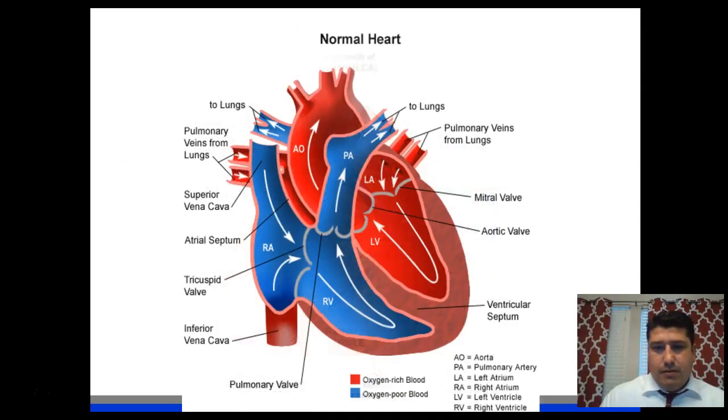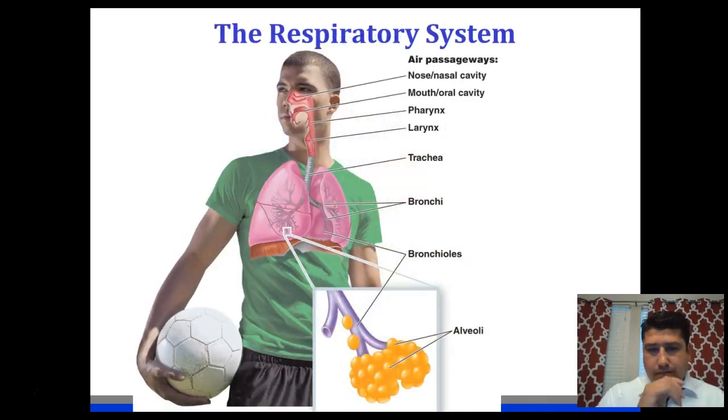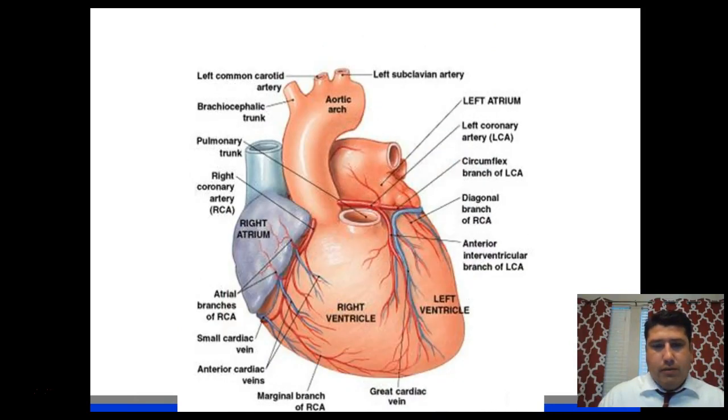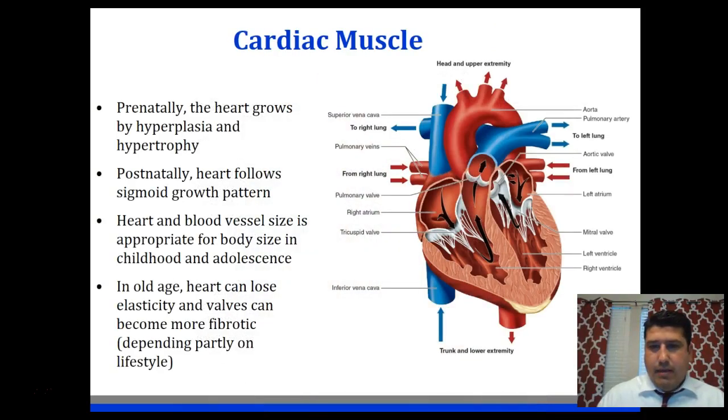So here are some pictures and some slides on the cardiovascular system. Really, what I want you to know, and I'm sure you've learned from other classes, but just to reiterate, all of the blood in the body, once the oxygen is stripped from the blood and carbon dioxide is delivered to the blood, we call this deoxygenated blood because it no longer has oxygen, and it arrives in the right atrium of the heart.